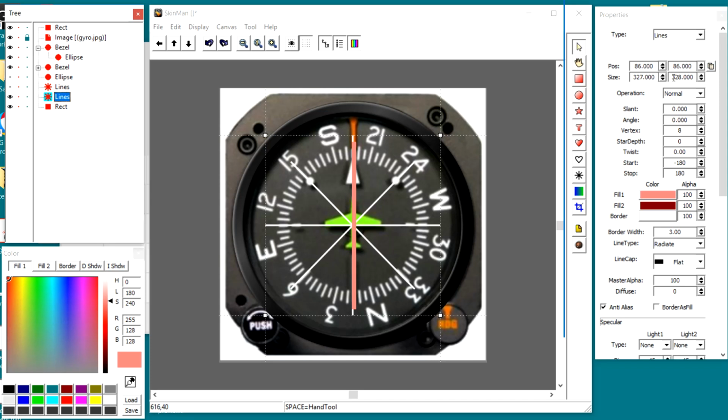Let's change it down to about 310. And again, we have to say center